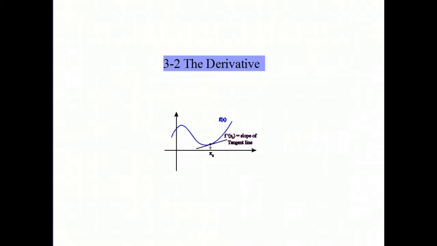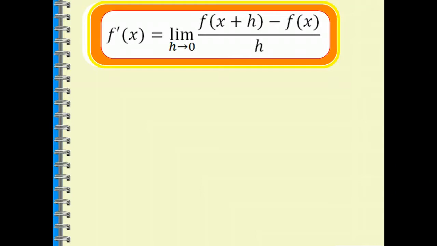Welcome to Chapter 3, Section 2, the derivative. In this section, we're going to continue to look at the slope of a tangent line, but we're going to define it a little differently, and we're going to call it by another name. So in the first section, we looked at the slope of the tangent line can be written as a slope